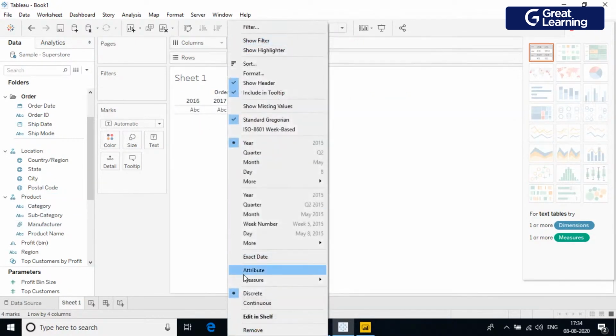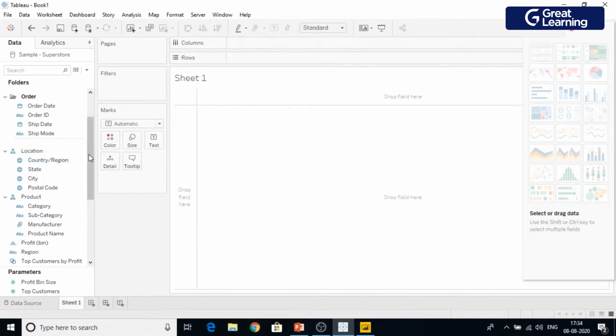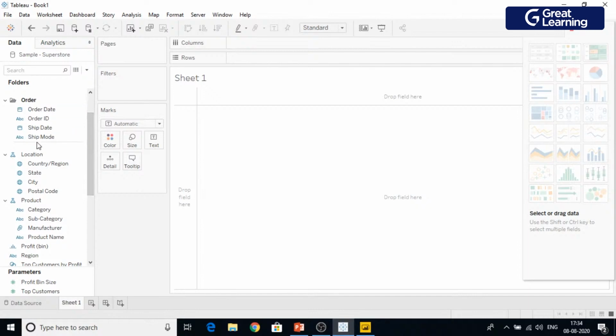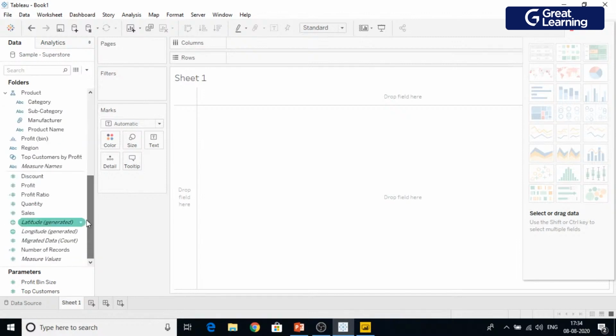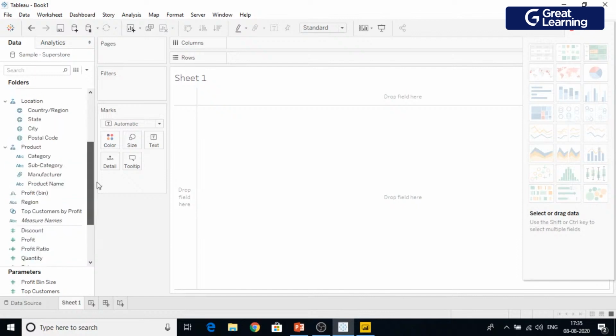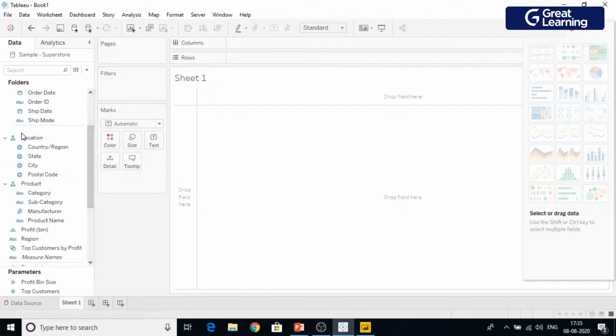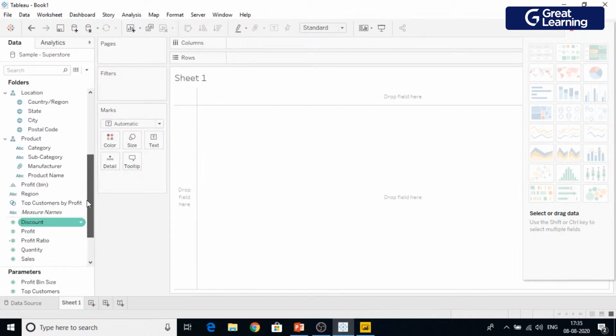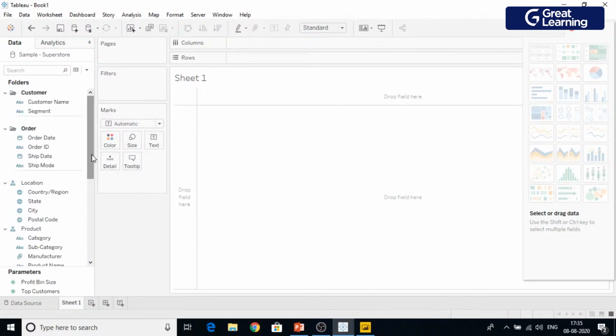Before that, let me just talk about certain other pointers before we get into the details of visualization, right? So guys, you see the options here on the left hand side of the screen, right? There are some things that are blue in color, some are in green color, right? So these are your quantitative measures, okay? The ones in the green color, and the ones in the blue are your dimensions. So dimensions, think of them as the attributes, right? As the column names that you have. And the green colored ones are the mathematical operations that you can perform on your data, okay? Say for example,